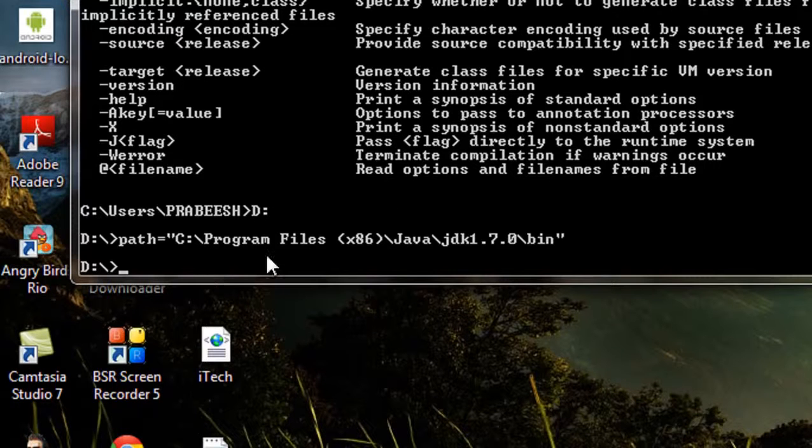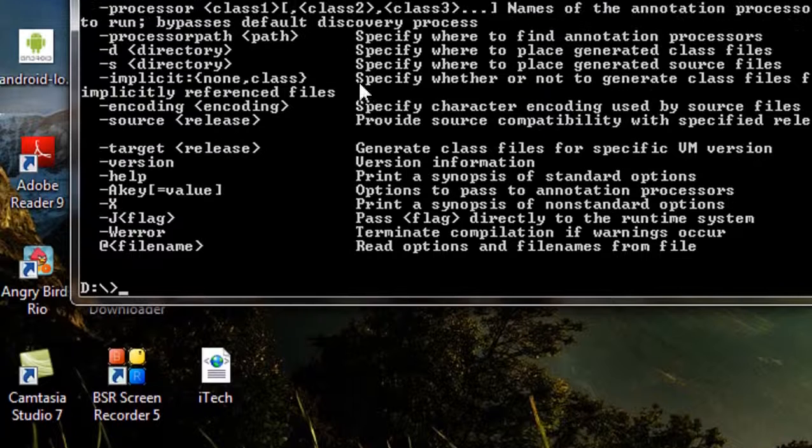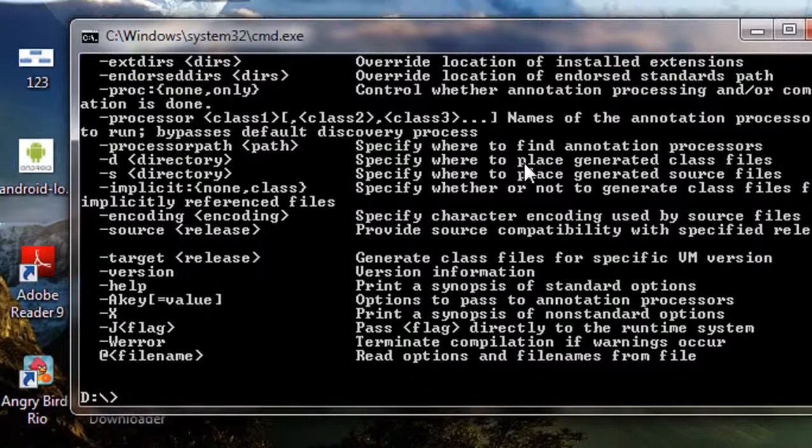Okay, now you have successfully set up the Java compiler path in your D drive. For checking it, just type javac. Again, you can see all the directories of the Java compiler are present at the D drive. That means it is possible to compile a program in the D drive successfully with your Java compiler. This is an alternative way to set up the Java path.